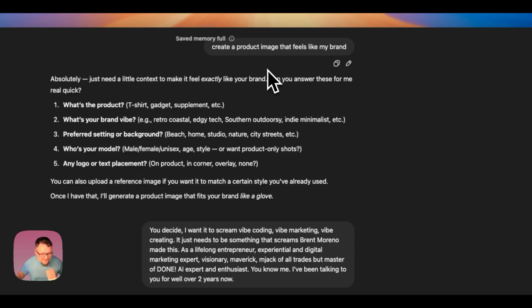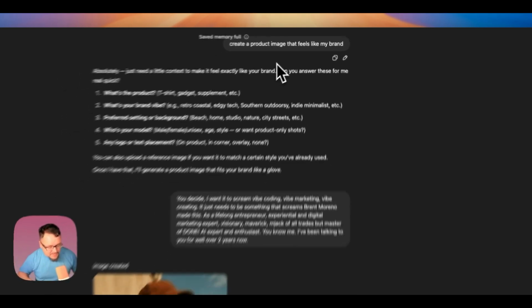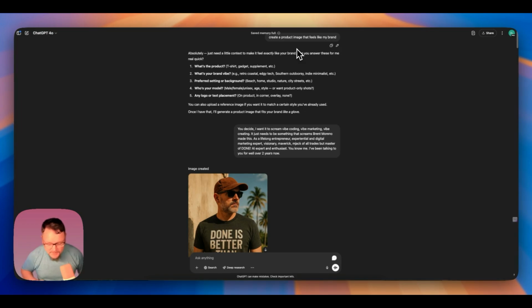Well, if you guys know anything about me, shiny object syndrome, I have a lot of ideas. Matter of fact, I've got like probably 10 ideas going over here. And that is the beauty of AI. And that's something I want to talk about a lot in this group is that generalists will win in the future over specialists, right? So people who say that you're jack of all trades but master of none, well, we're a jack of all trades and we're a master of done.